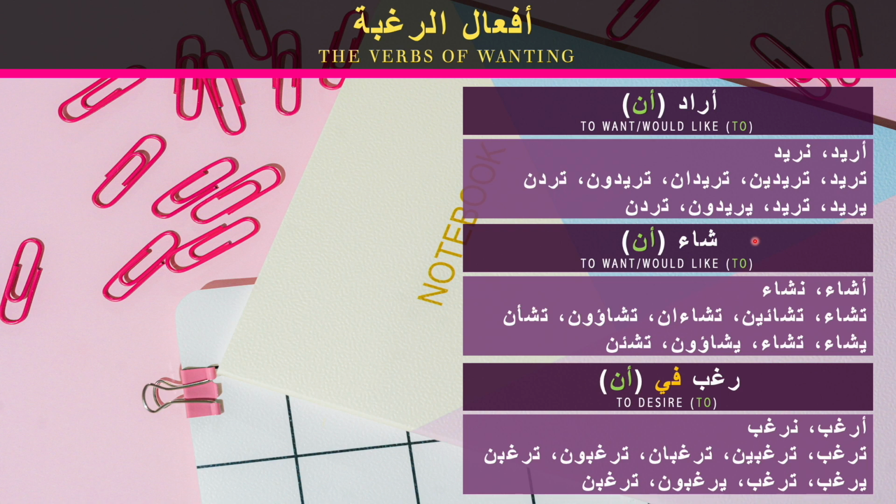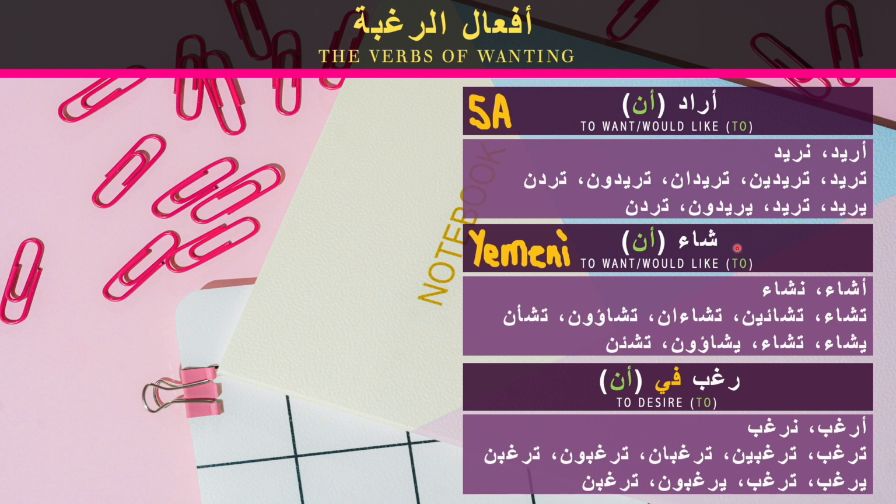Actually, the first verb here, arada an, is commonly used in Saudi Arabia, especially in the northern part of Saudi Arabia and some Gulf countries, also in some areas of Jordan, Syria, and Iraq. It's highly used in the Bedouin dialects. They pronounce it slightly differently. Instead of saying arada, they say arad. Instead of saying urid, they say arid. Instead of saying nurid, nrid. So they change the pronunciation a little bit, but it is the same verb.